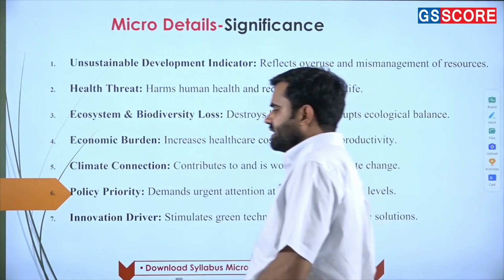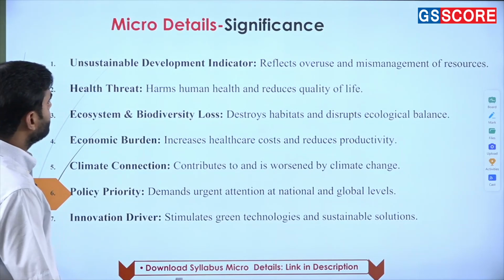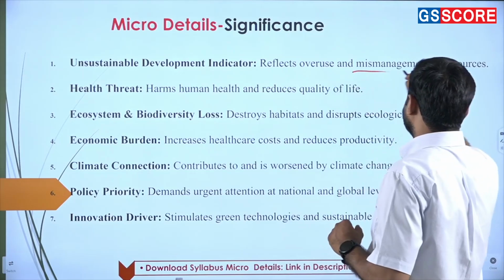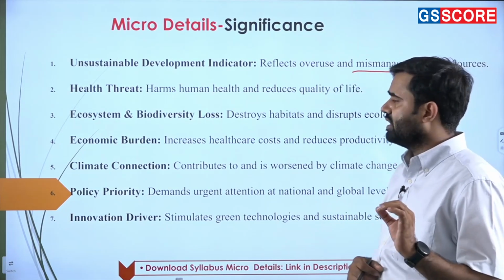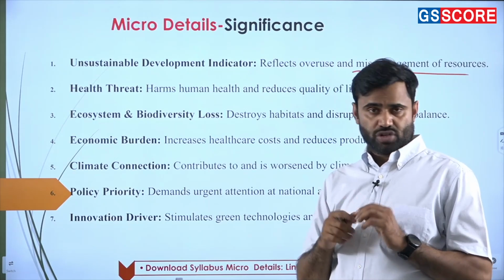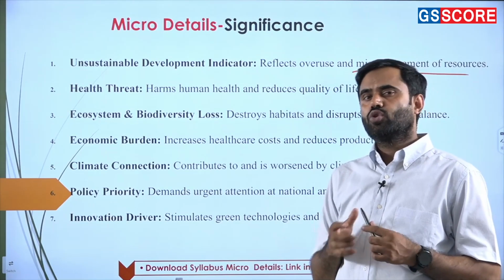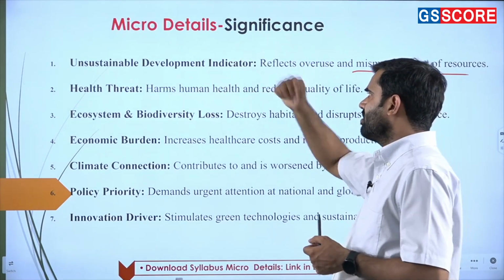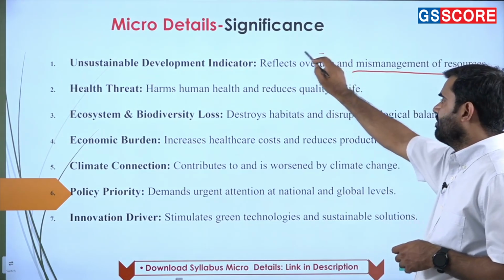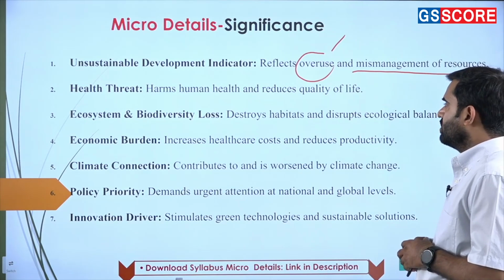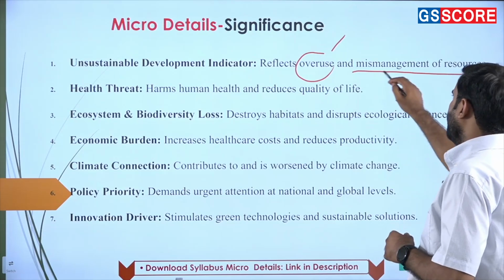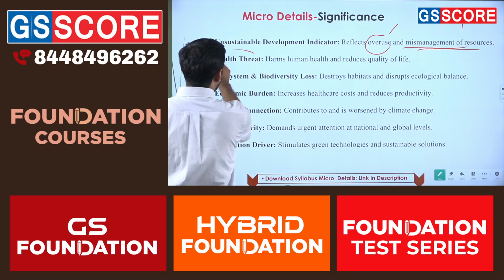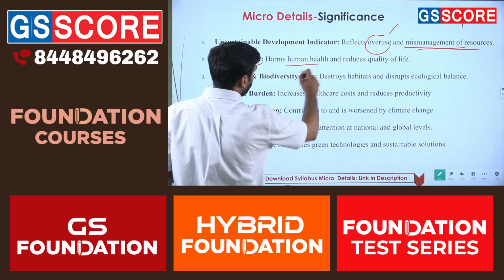Next one, what is the significance of particular areas? Look, unsustainable development indicators reflect overuse and mismanagement of resources. On the other hand, if we are drastically using our resources, for example coal, water and air, definitely it will lead to unsustainable development indicators. So we have to work on how to reduce the overuse, and how to work against the mismanagement of resources. And health threats, we have discussed, serious threats are emerging for health